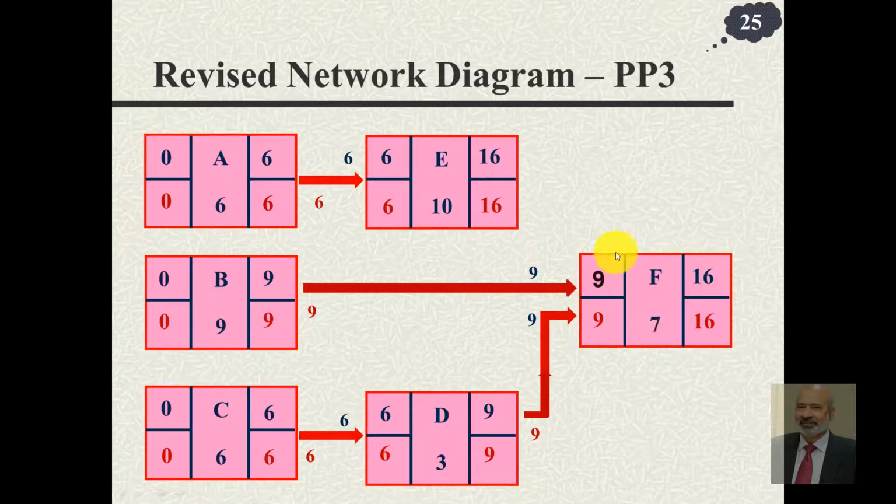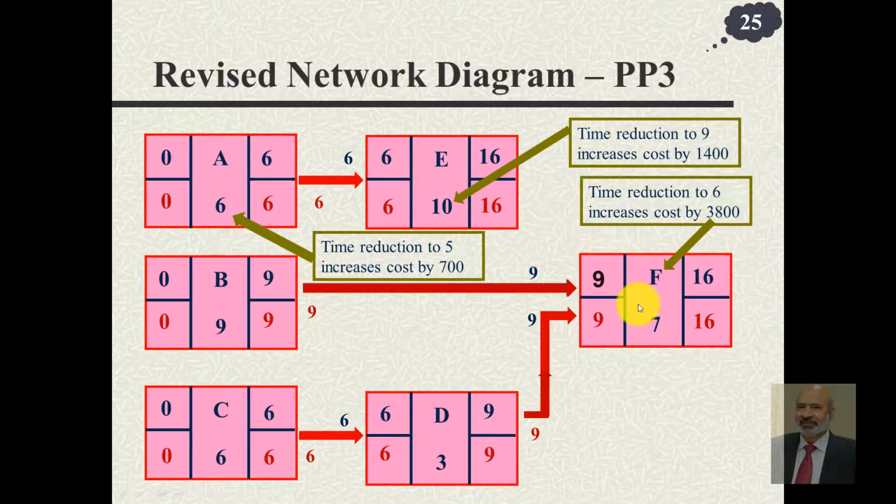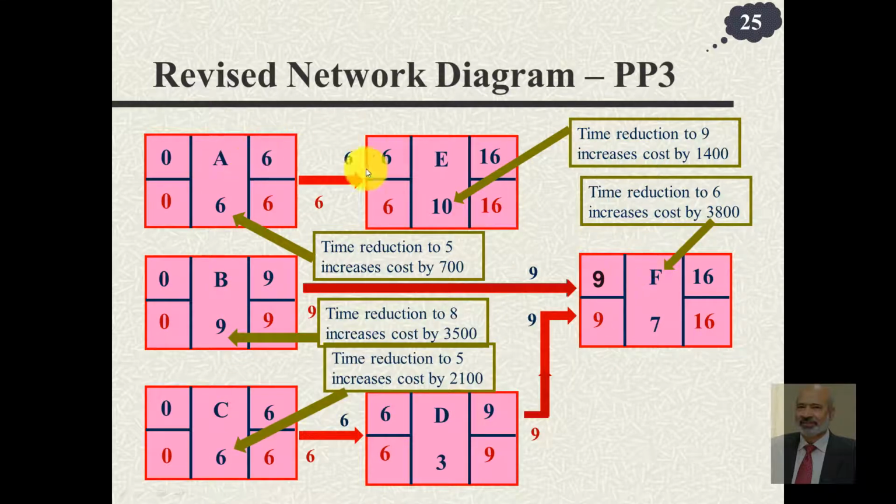Now, in order to reduce the project completion time, we either target this and this, or this and this, or we have to target this and this instead of this. The choices were out of these two, because one of them has to have its time reduced so that its time goes to 15 from 16. So either this should go to 5 or this should go to 9 days, and this can be reduced by an expense of 700 and reduction of this would cost 1400. So this becomes our choice on this critical path.